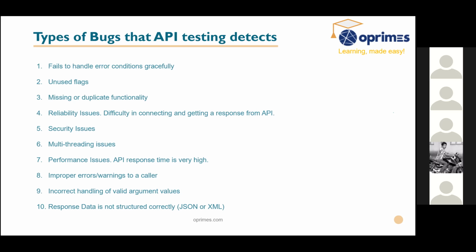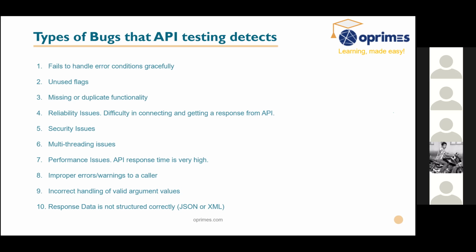Then a developer is trying to just trim an empty value, which will throw an error. Okay, so it is the developer error. If the error is thrown, they should handle it by using the catch block. If it is not handled, then it will throw an error. So internal error handling will be validated in the API testing, and this is where we will be getting the most bugs. Unused flags is similar to this one.